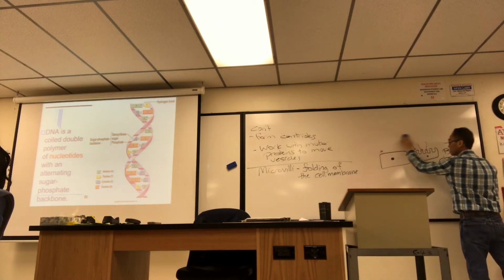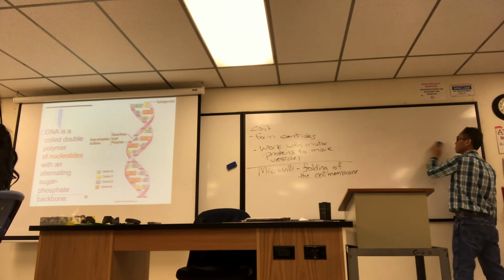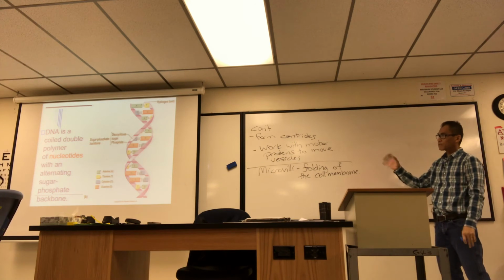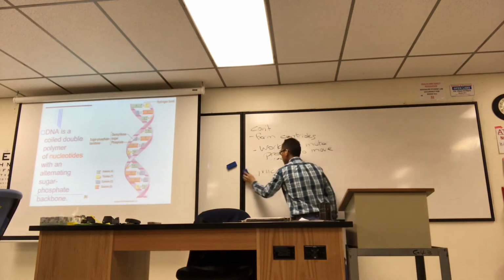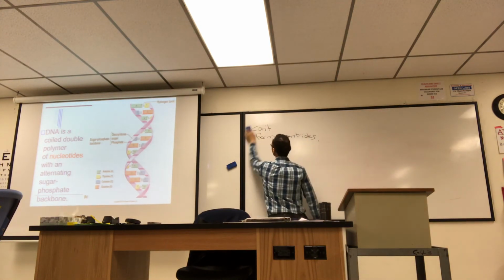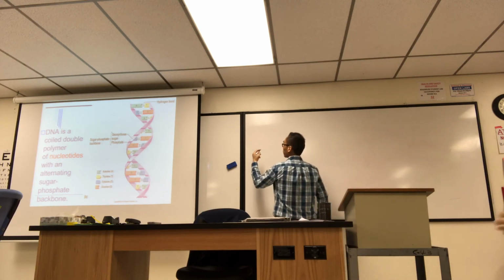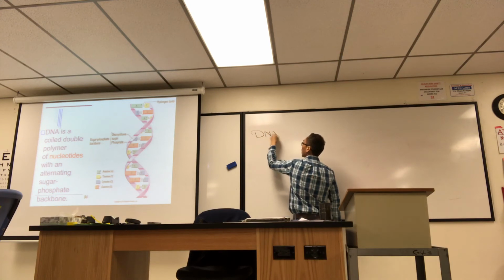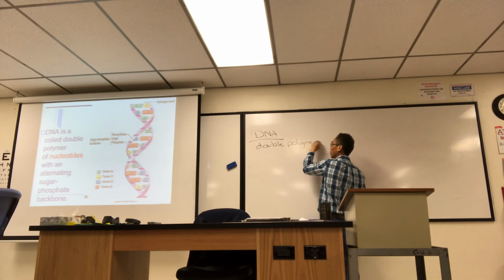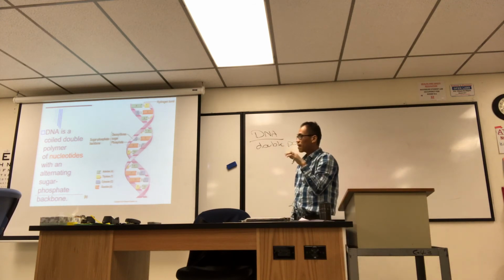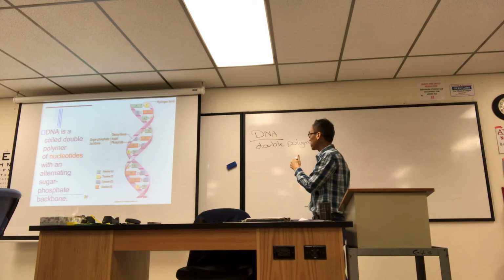So it's double, it's not single, so we got that. Polymer means it's got a bunch of parts linked together. Okay, polymer, not a monomer. It's a double polymer, not a single, it's a double. So you're going to have two strands, right? Because it's a double. Yeah, it's a double-stranded nucleotide sequence